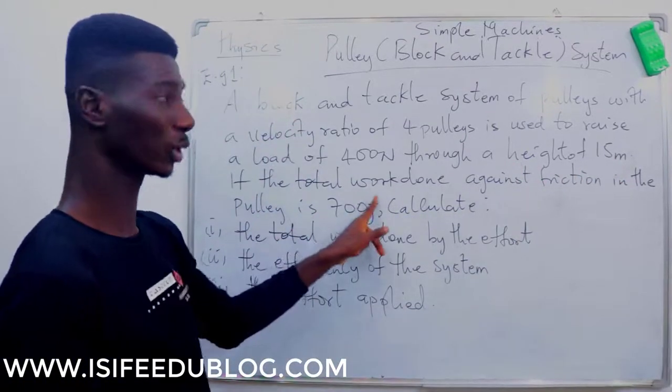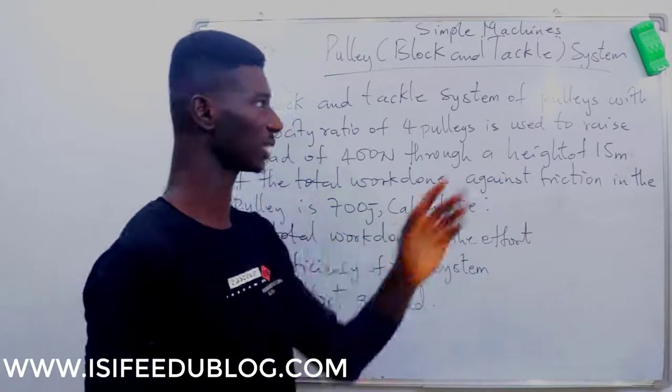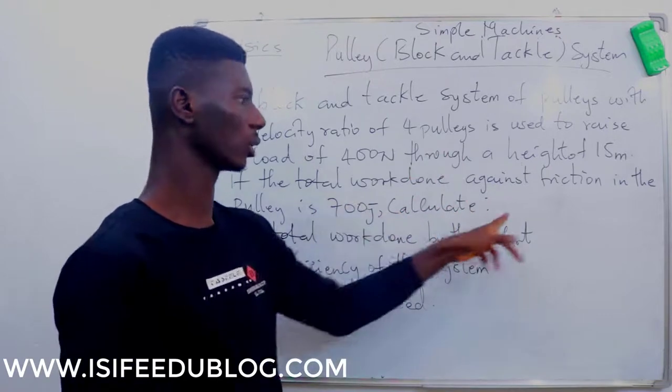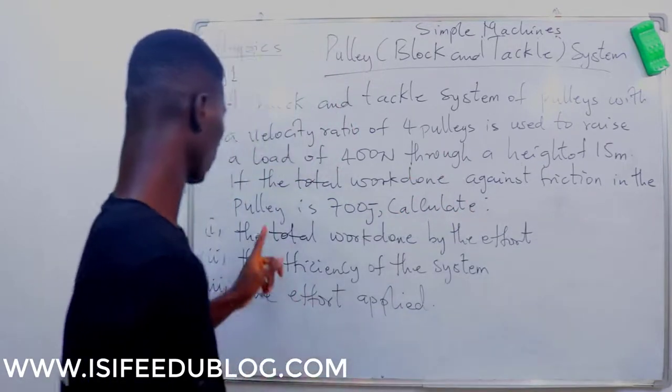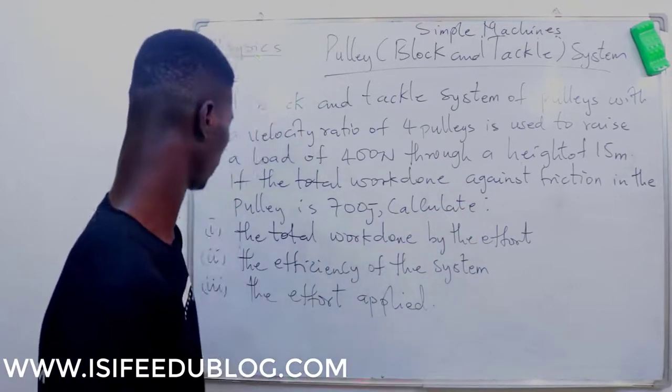If the total work done against friction, so there is friction, so this pulley is not a perfect pulley, is 700 joules,